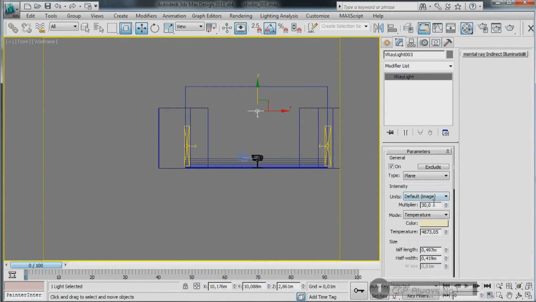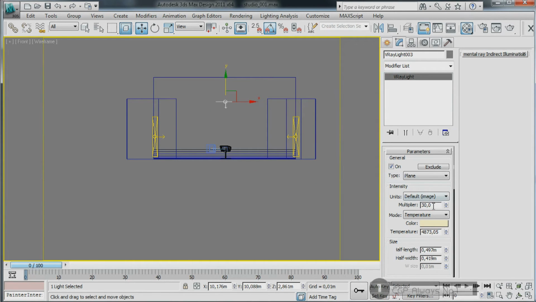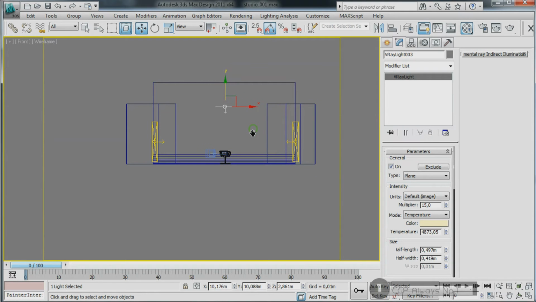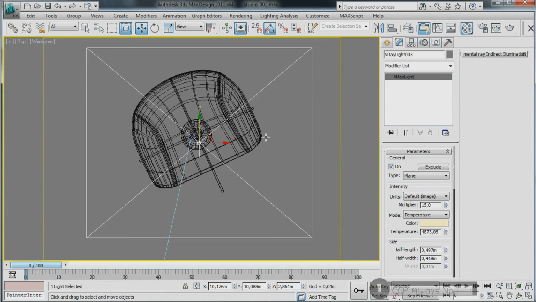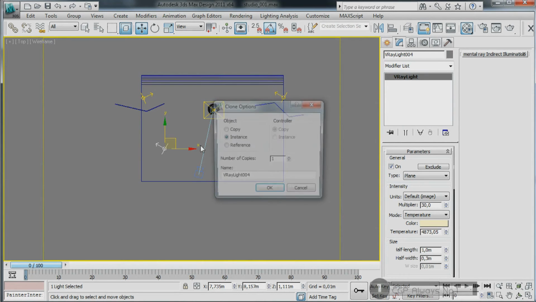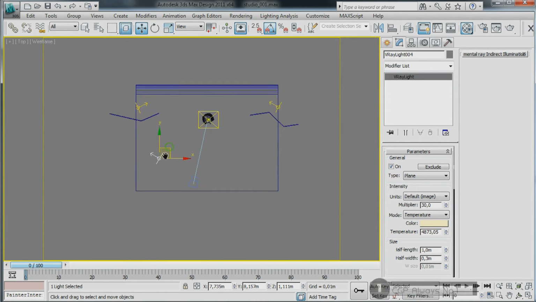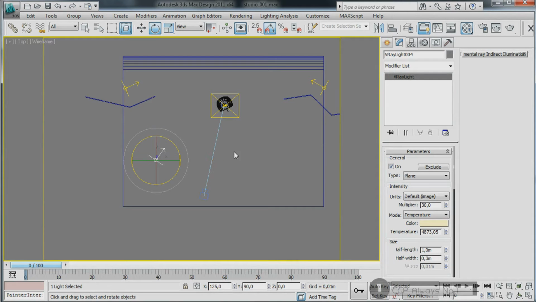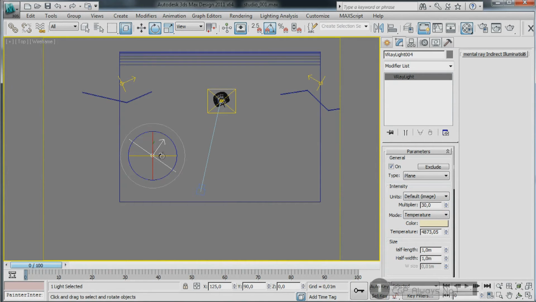And maybe I will set the intensity of the lights to 15. So it will be just a fill light, and I will copy this softbox and change the size of the softbox a bit. So this can be a squared one,